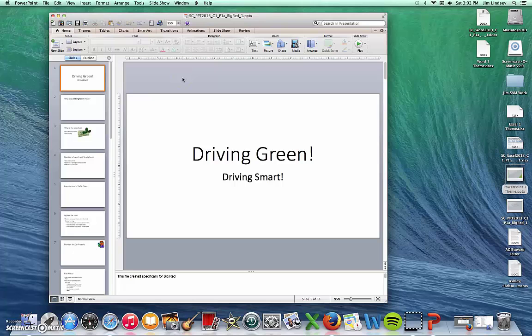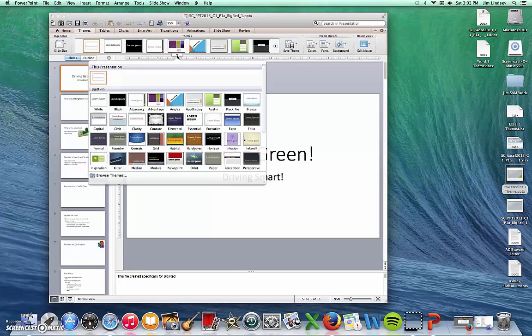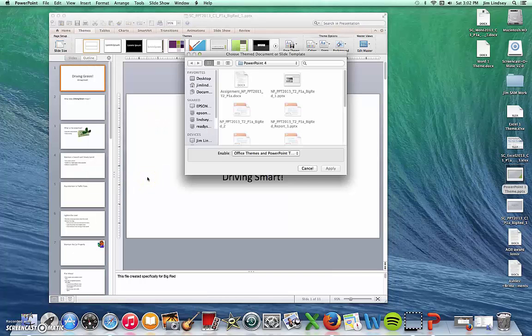You open up your start file, you go to themes, you'll see on your ribbon up here there's a section in the middle of this tab called themes. If you hover right here, there's a little down arrow you can click on, and when you do that, you'll see down here towards the bottom you can browse for a theme. We're going to browse out to that file that we downloaded from Blackboard. Browse out to, in my case, it's on my desktop.